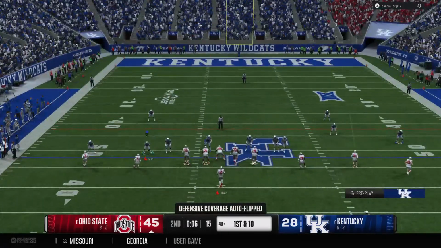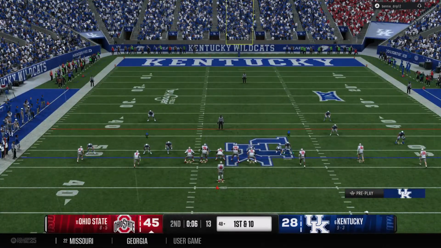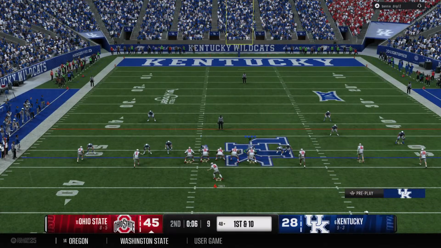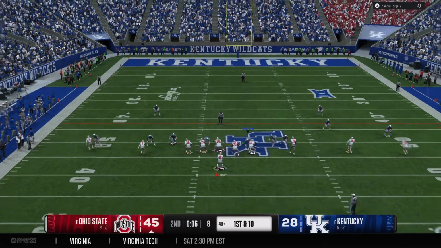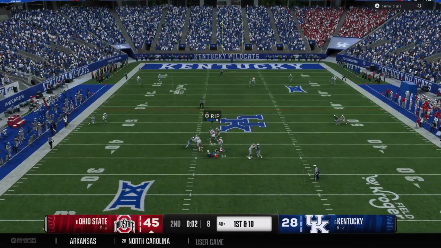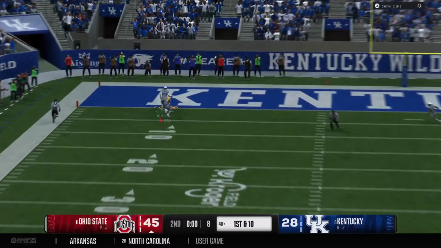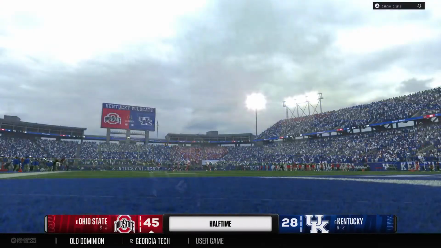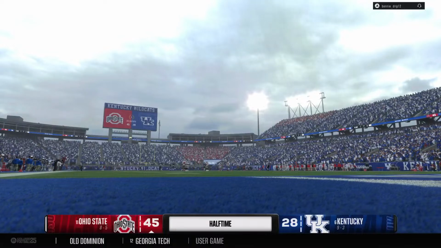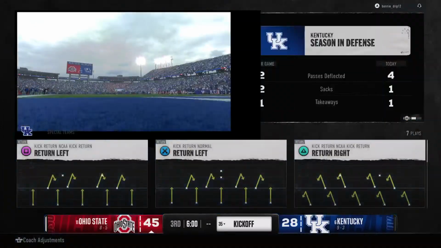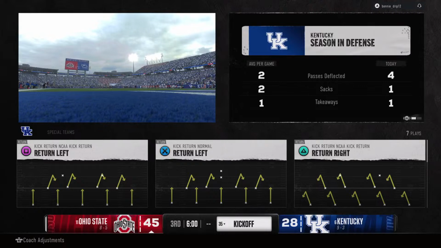Time running down. Just one play left here in the half. On 1st and 10, they'll look to throw it. He stays alive, and he'll loft it to the end zone. And it's incomplete. Trying for a big play there as time runs out in the first half. That's going to wrap up the first half here. Let's kick it now to Kevin Connors with our halftime update.